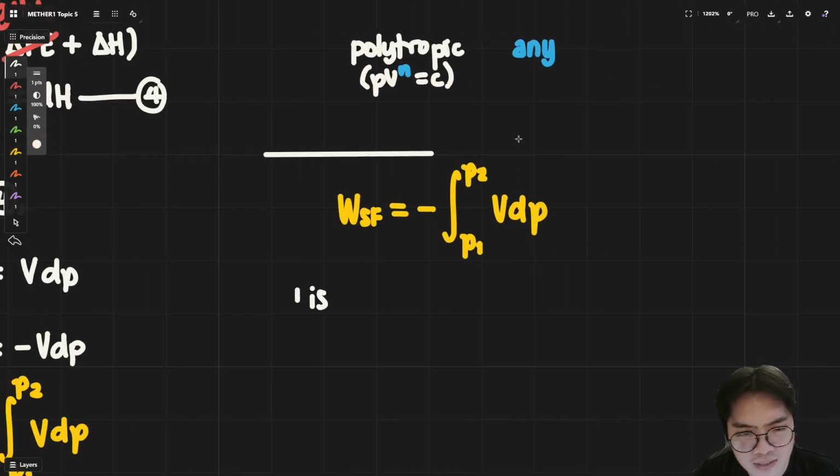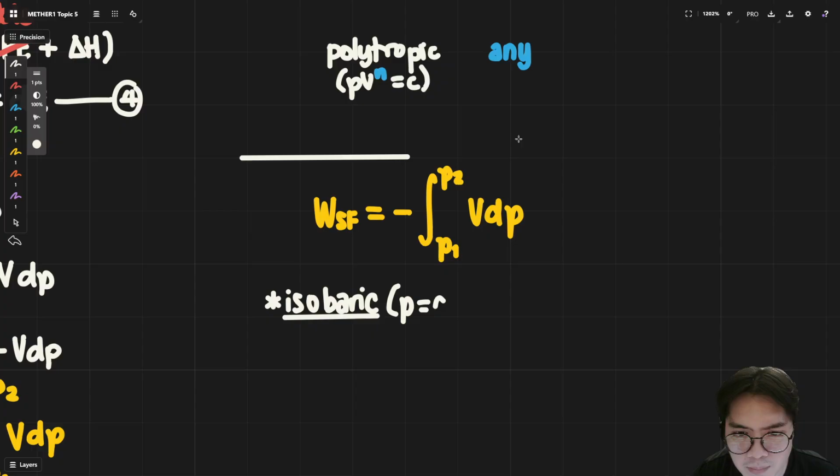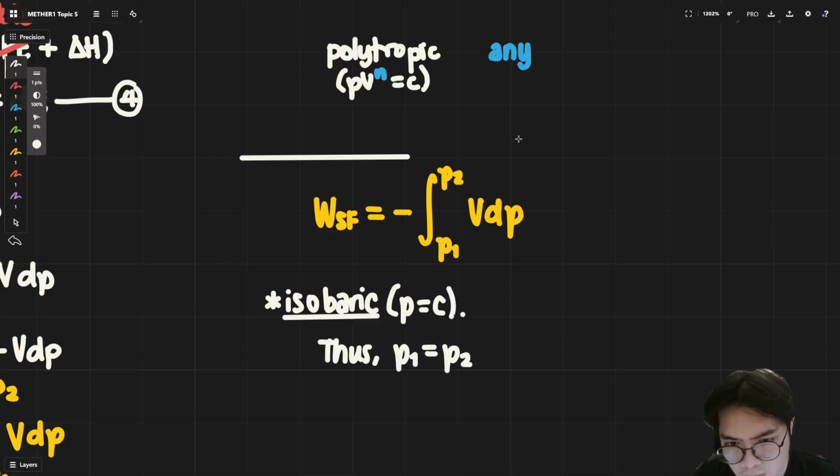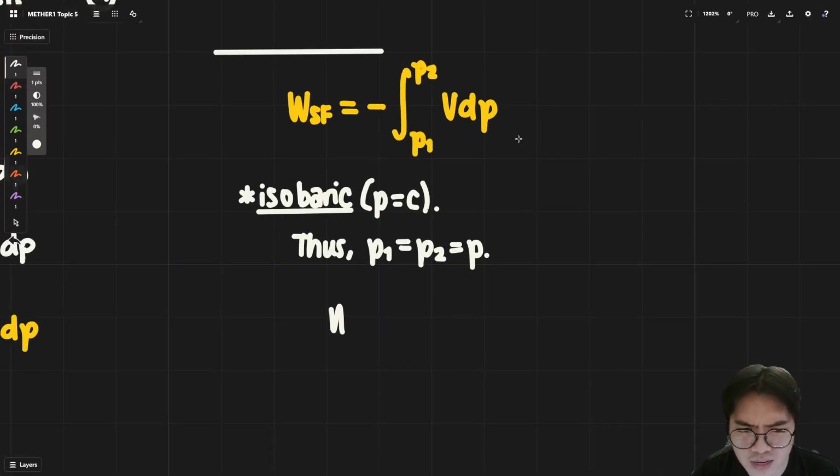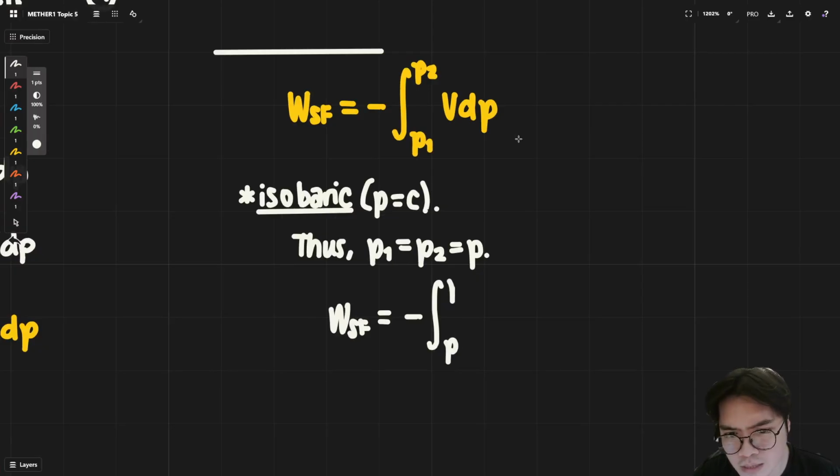But now, let's stop and think. Wait a second. Isobaric means that your pressures are constant. Thus, P1 is equal to P2. Let's just call that common P. So the work steady flow is actually just from P to P of